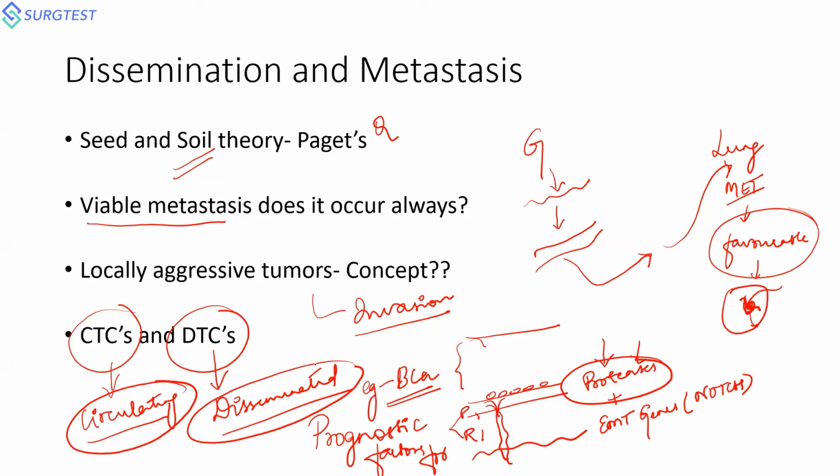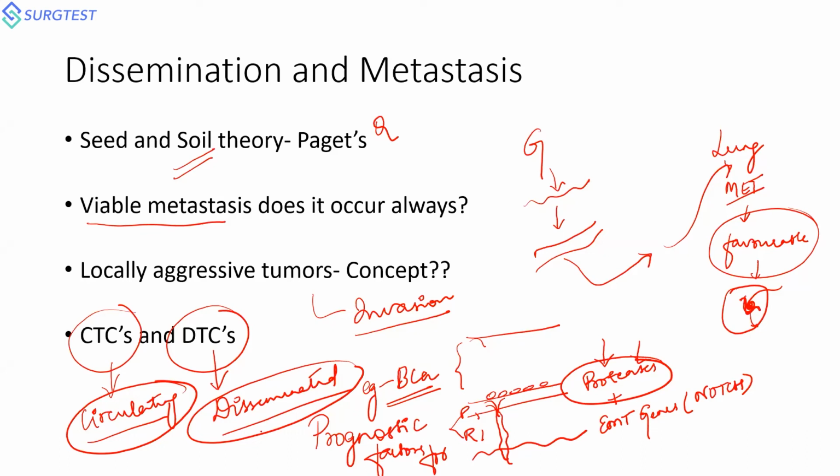Circulating tumor cells, when they are present in more than 5 or more than 7 for breast and colonic primaries respectively, are highly poor prognostic. Presence of a circulating tumor cell by itself means the patient has a very aggressive disease which you have identified only as a stage 4 tumor. And again, the disseminated tumor cells are not M1 disease. They are classified based on the location within each particular organ.